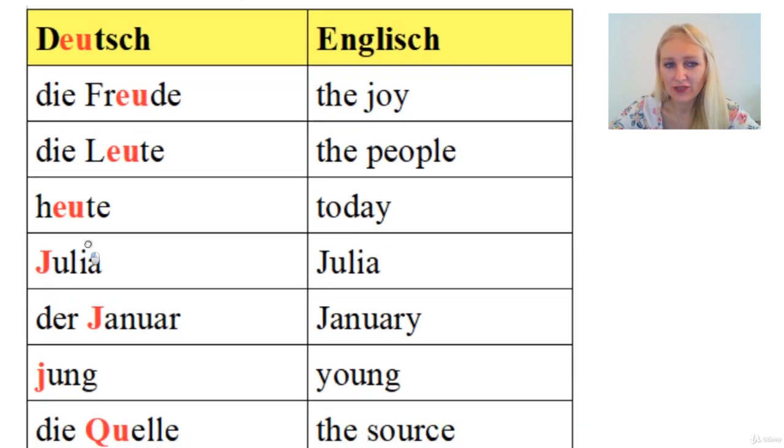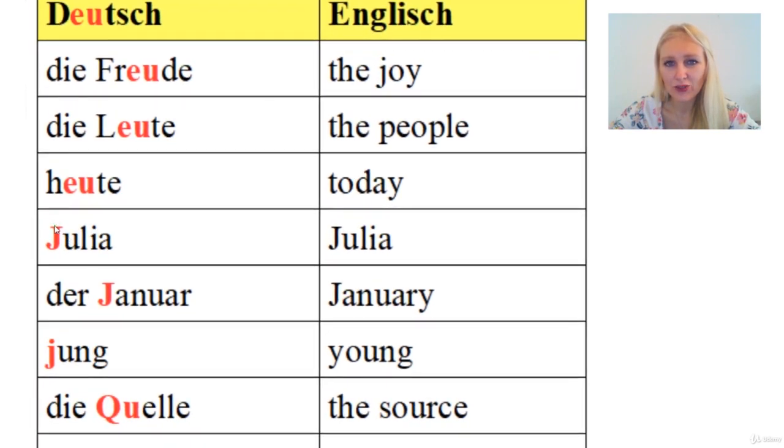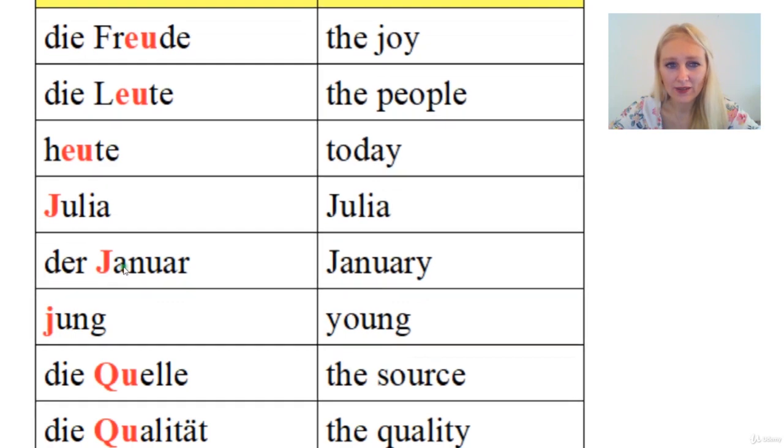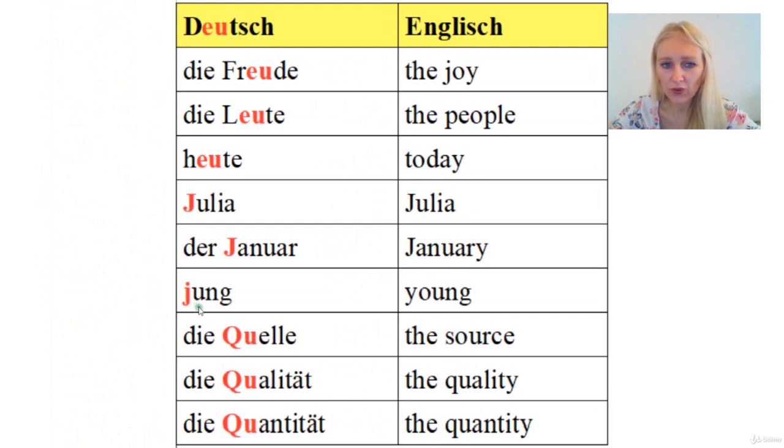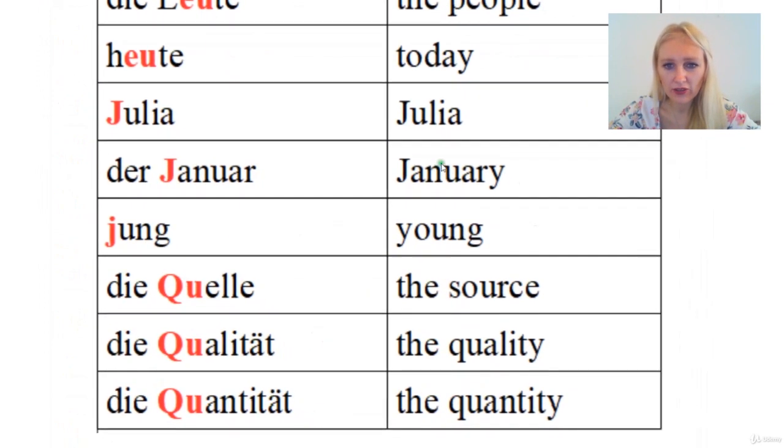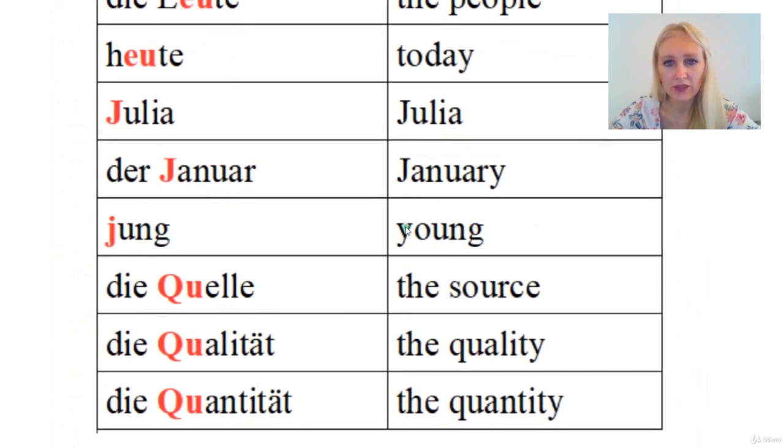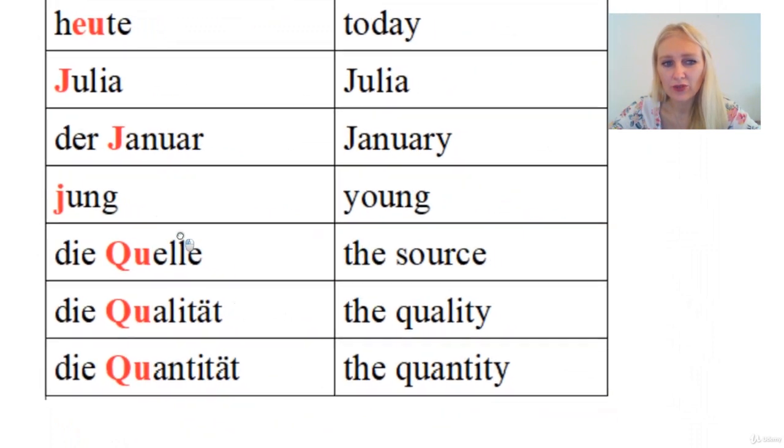And then we have the J, which is pronounced like the English Y. So it's not Julia like in English, it's Julia. Okay, Julia. Der Januar, here also J. Okay, der Januar. We never pronounce it as the English J. Or here, Jung. Jung. Okay. As you see, many words are very similar, which makes it easier for you to study the German